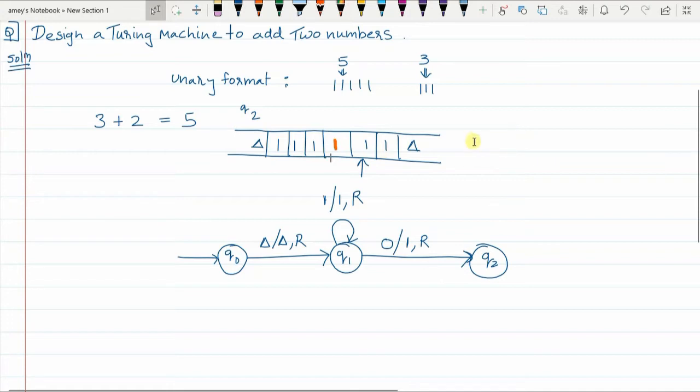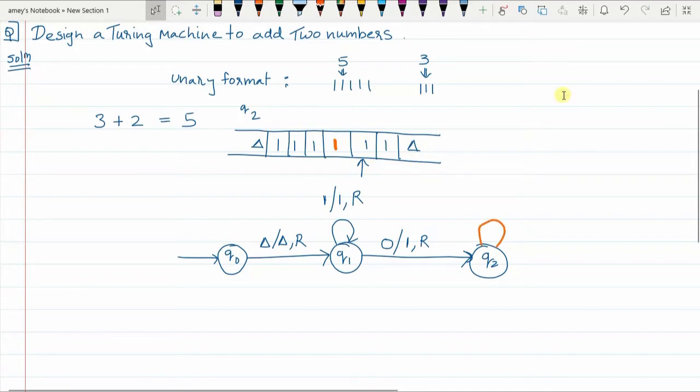Okay, so what we are going to do is move the pointer to the right. We are just going to go on moving in Q2 state. We are going to ignore each 1 that is encountered on the way, and the pointer moves to the right till we reach the end of the string, till delta is encountered.